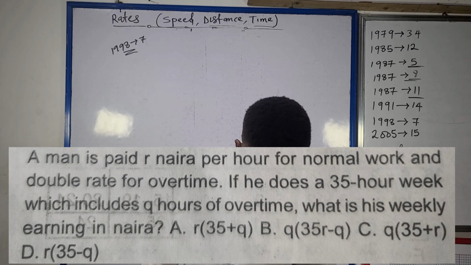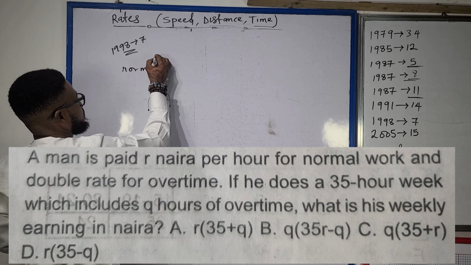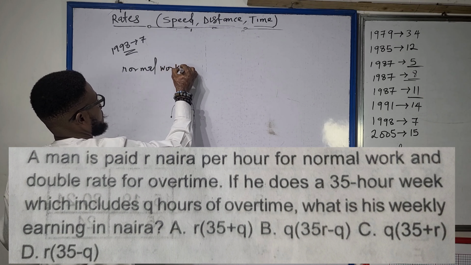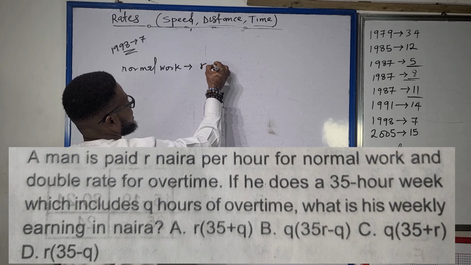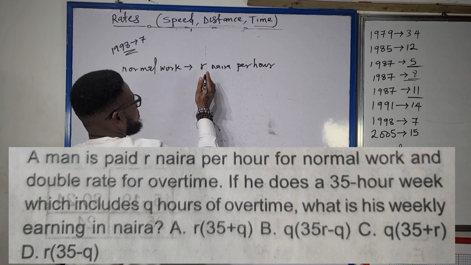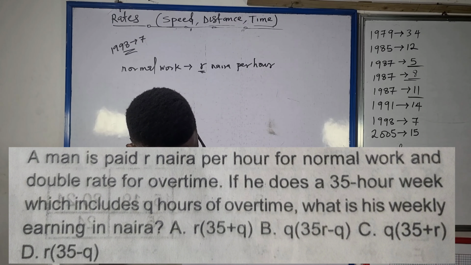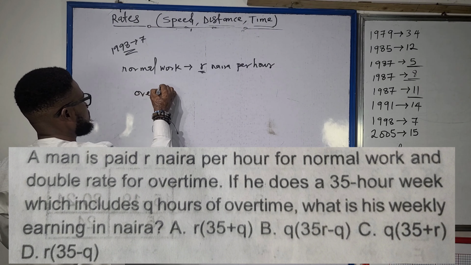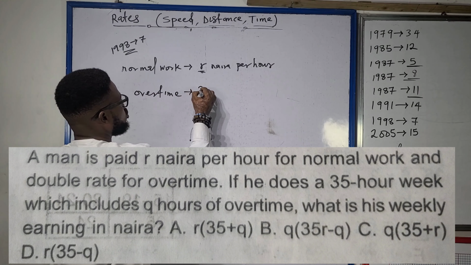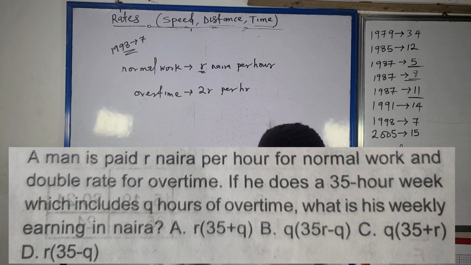A man is paid R naira per hour for normal work. Okay, normal work, this is R naira per hour, so that is R naira in 1 hour. And double rate for overtime, so overtime is going to be 2R per hour. Okay, if he does a 35-hour week,